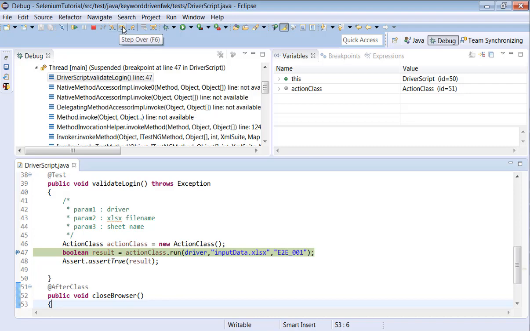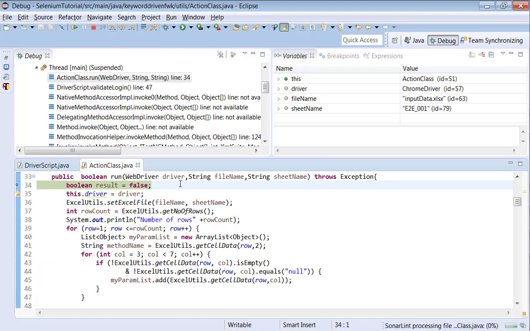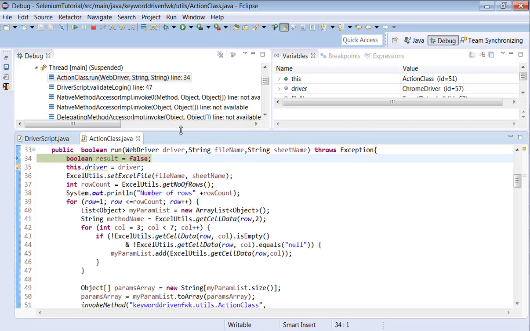Okay, we have two options, step into and step over. We will use either step into or step over based upon the requirement. With step into, we get into this line of statement to understand what this line does. I'm selecting step into here. So it has been navigated to the action class and we put the result as false. Now do step over, because going further in this method we don't need to understand what this line of statement does, because we are setting boolean result is equal to false.